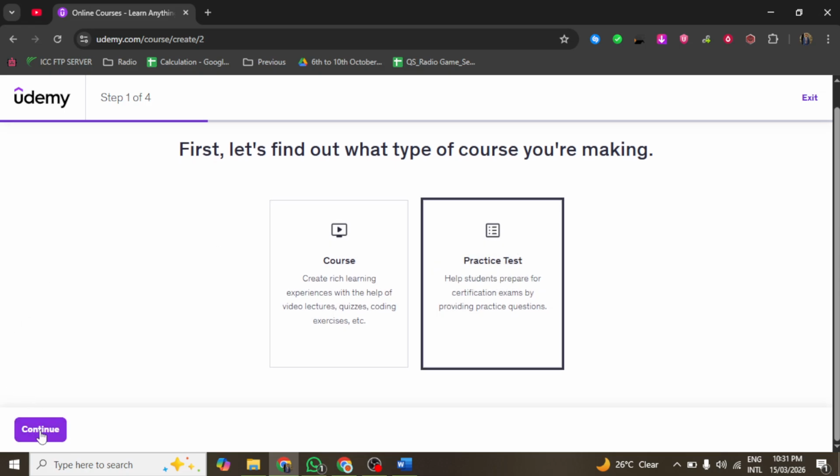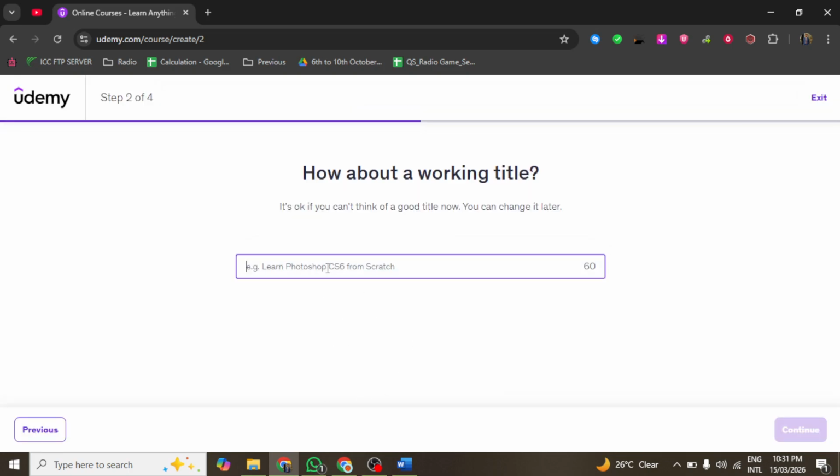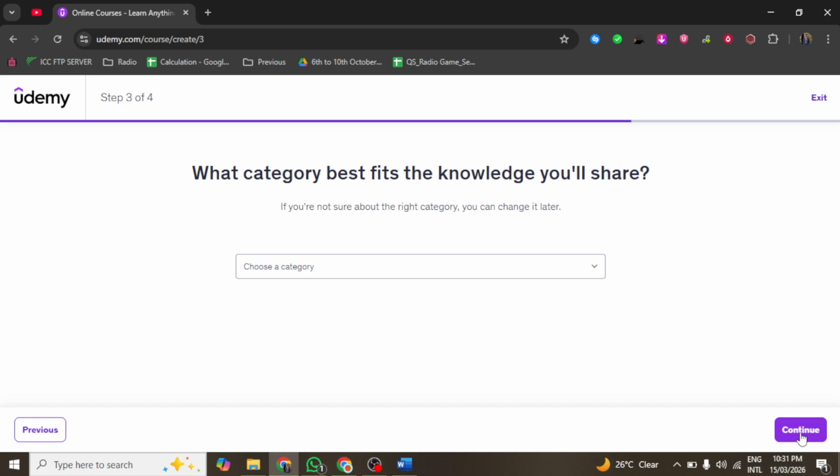Once the page loads, locate the login button at the top right corner of the screen. Click this button to proceed to the sign-in page. Enter your account credentials in the provided fields. After entering your email and password, click on the login button to access your account. If you do not have an account yet, you can select the Become an Instructor option to start the registration